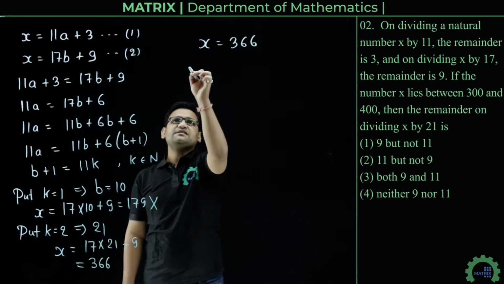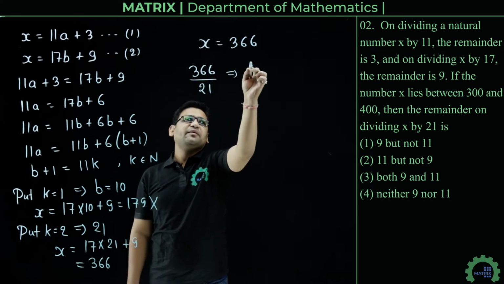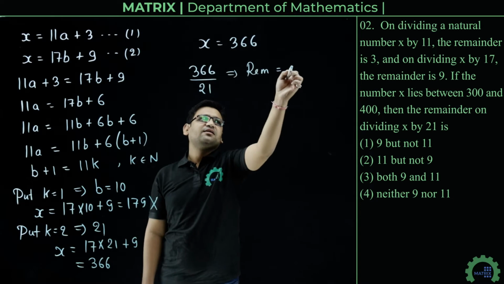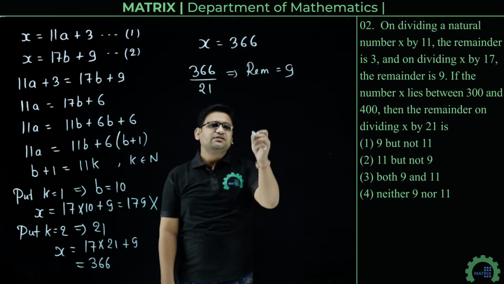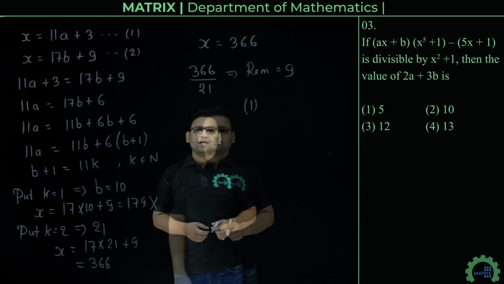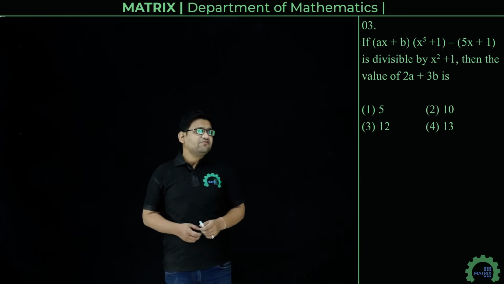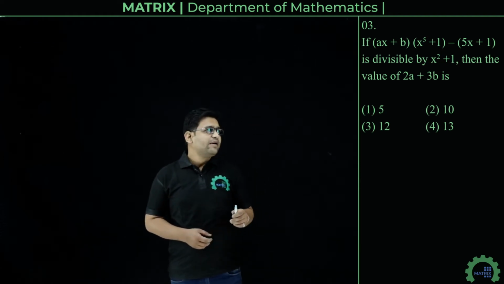And when 366 is divided by 21, then the remainder is 9. So option number first is the correct answer. That is, remainder 9 is the correct answer, option number first. Next question is, if (ax + b) into (x^5 + 1) - 5x + 1